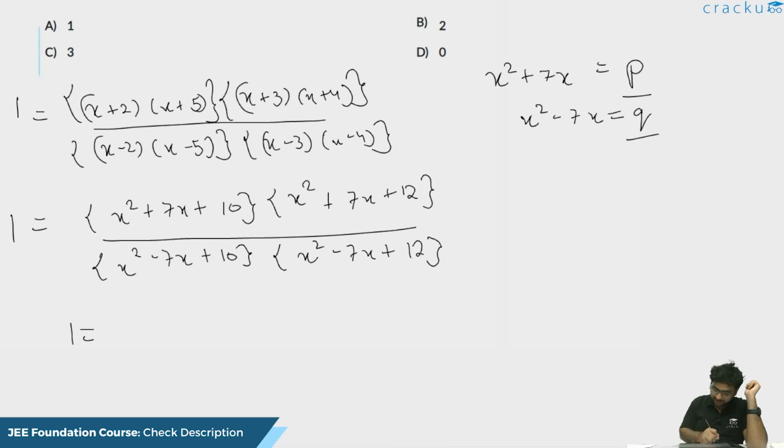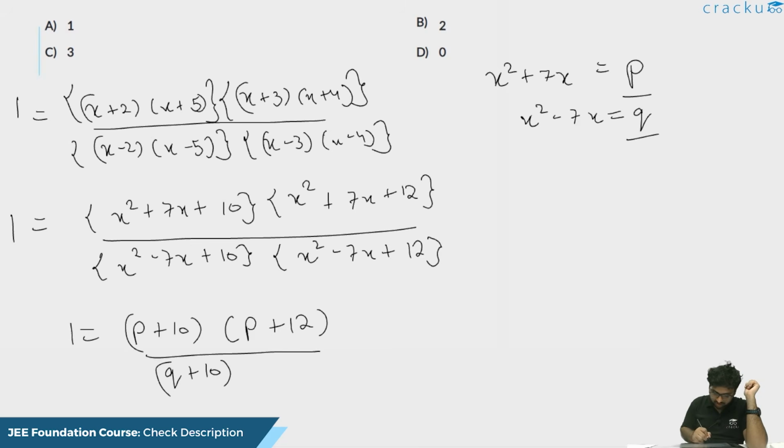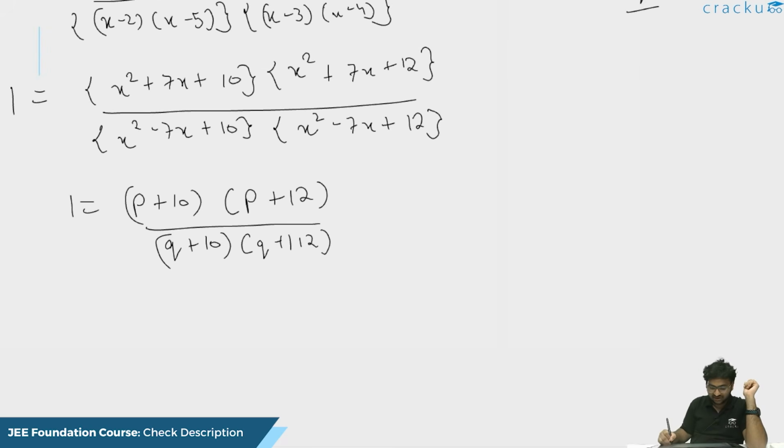So 1 is equal to what? P plus 10 into P plus 12 upon Q plus 10 into Q plus 12, sorry. So let us multiply this. Okay, so this will go here. So I will get what? P square plus 12P plus 10P plus 22,